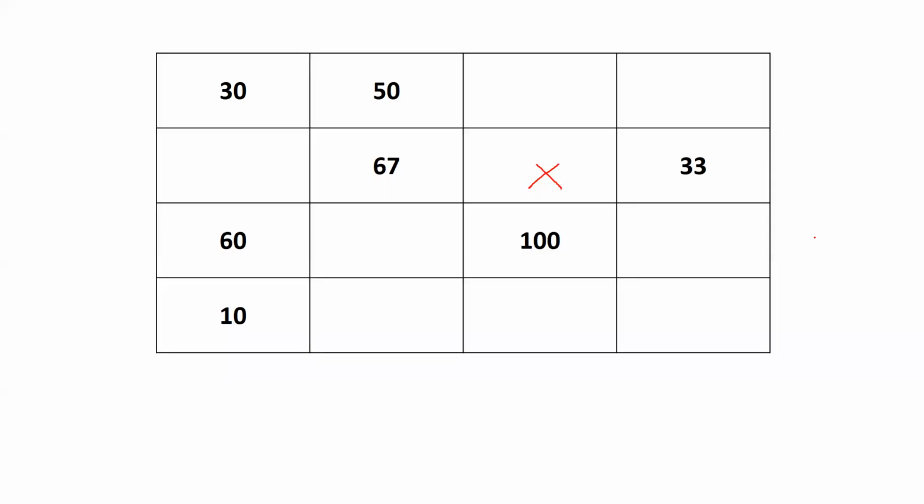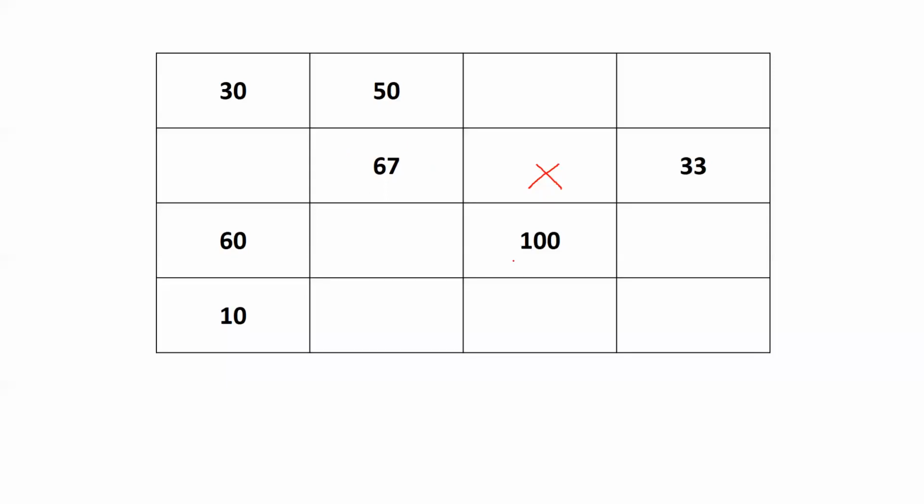Clear? Now, how do I form a loop from here? First thing, check whether we have some values or cells allocated next to it. You can see this 33 has been allocated here, which is just next to my X or the cell where I want to perform the new allocation. But if I draw an arrow, if I go from here to here, I do not have any other allocated cells from where I can make a turn. Okay. So what is the other option?